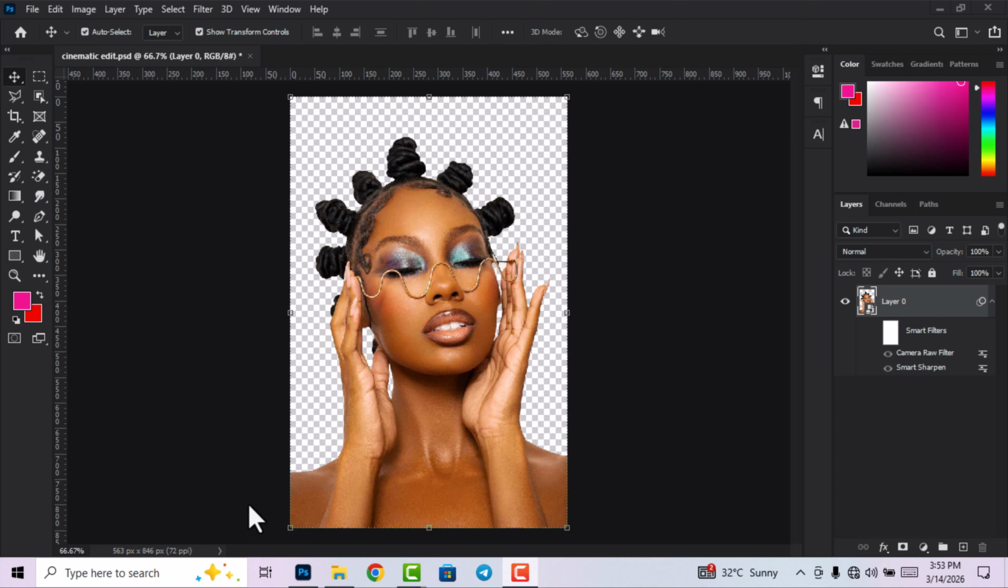In today's episode of our Photoshop tutorial, I'm going to show you how to sharpen and smoothen photos from looking